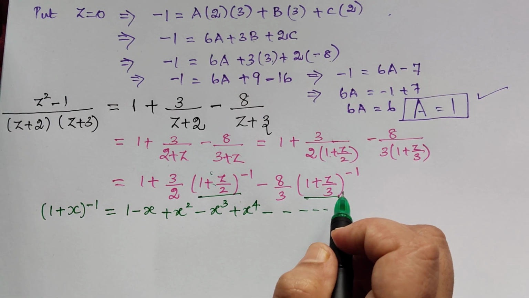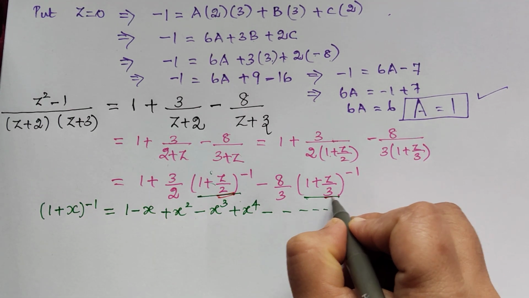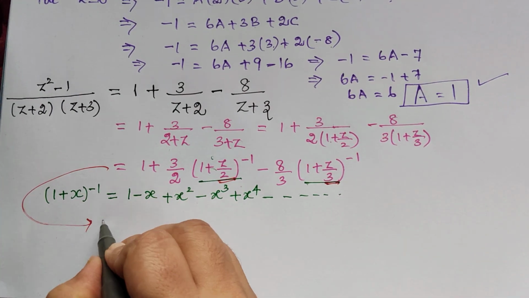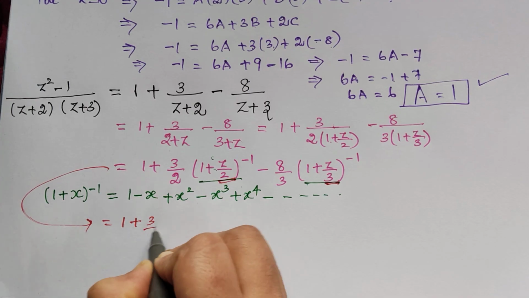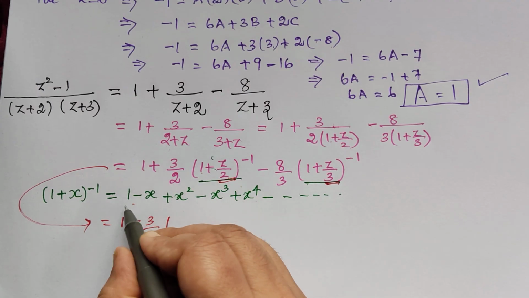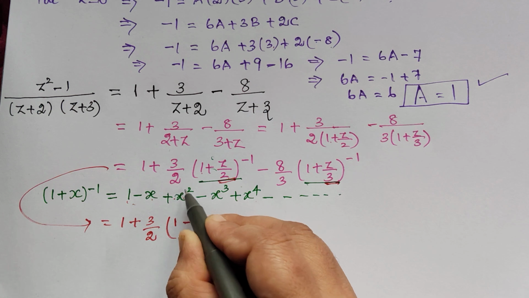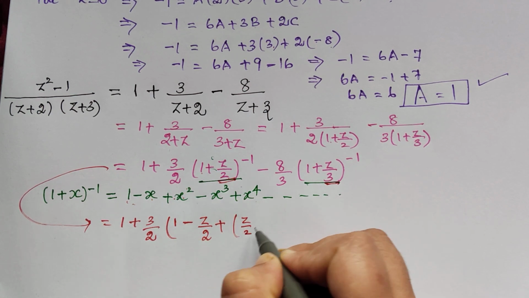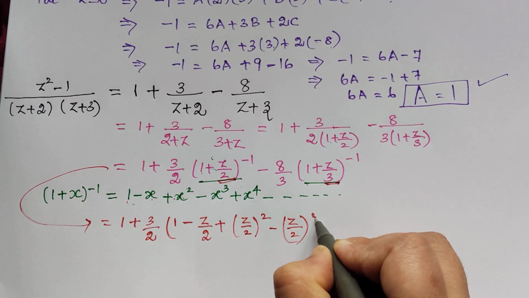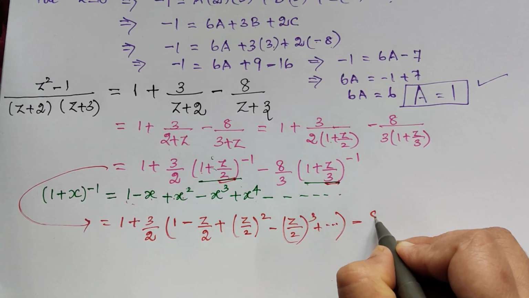When we apply, what do we get? In this, in place of x we have z by 2, and here in place of x we have z by 3. So we shall start to expand it. This will be equal to 1 plus 3 by 2 multiplied with, now this we have to expand using this series, so it will be 1 minus x, where x is z by 2, plus x square, so z by 2 square, and then minus z by 2 cube. This goes on like this, and then minus 8 by 3 we have, and within